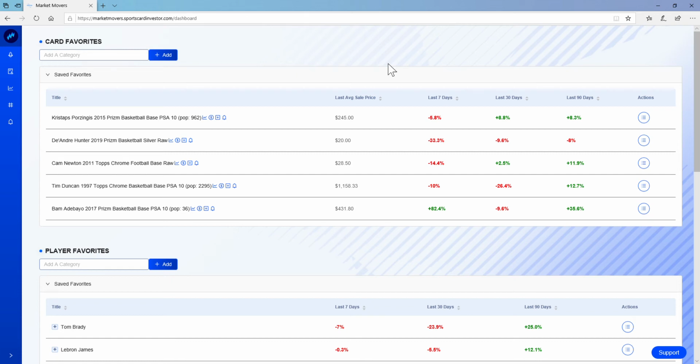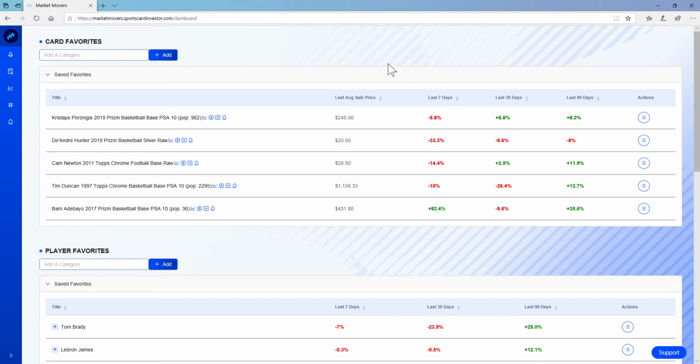Hey, Whitney Reid here. Just want to run you through a couple of ways that I use the Market Movers data tool under sportscardinvestor.com. This is a subject that I touched on briefly in the Beginner's Guide to Selling Sports Cards, and that is the website